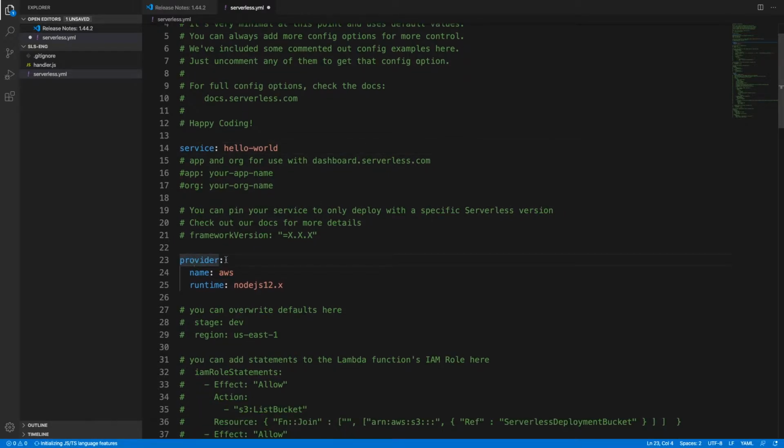And then as you can see here, this is the provider name. You have to mention the provider name, like if you're using AWS or Azure or Google Cloud, you can mention it here. Right now I'm using AWS, so I just mention provider here. And as you can see, there's something different: there are some spaces here. You have to maintain these spaces, because if you write without the spaces, this file is not going to work.